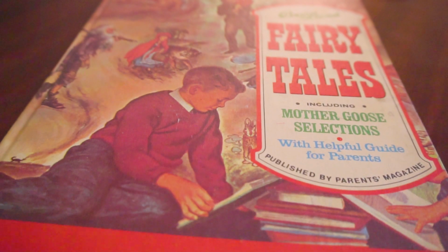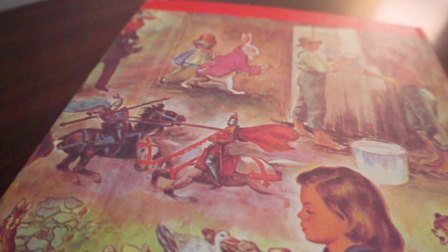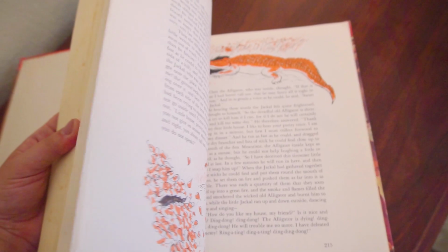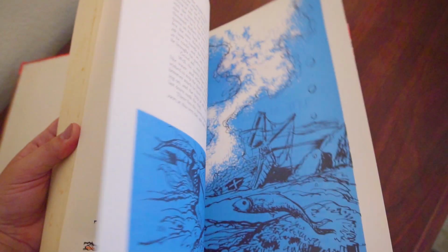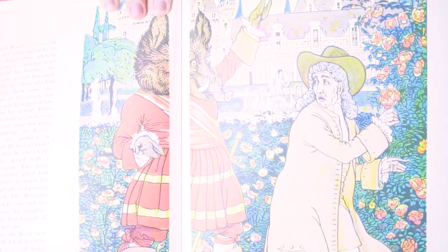And this one was printed in '61. This is another one. Again, fairy tales, very retro. You can see Alice and the rabbit on the back, and this almost looks like a little Western. This one is so cool. It's got all your classic fairy tales: Jack and the Beanstalk, Puss in Boots, Beauty and the Beast. I mean, look at that. They don't make books like this anymore. They really don't. And this one was made in